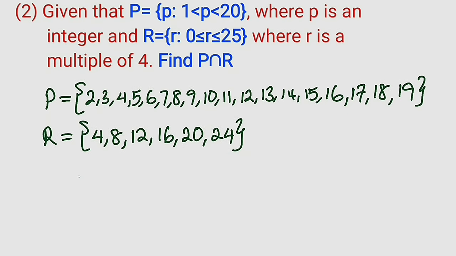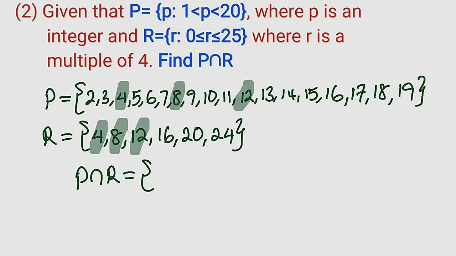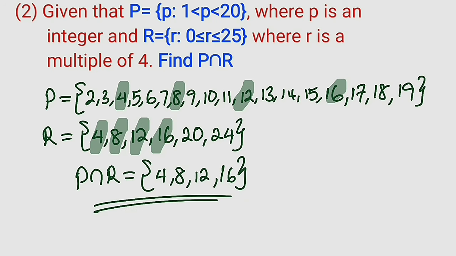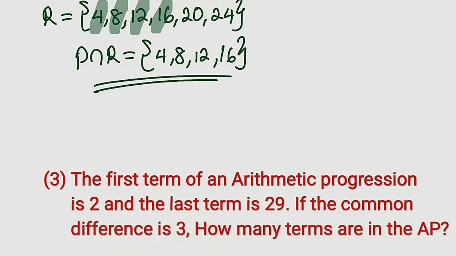So we want to find P intersection R. What does this mean? It means the set of elements that they have in common. They have 4 in common, 8 in common, 12 in common, 16 in common. I think that's all. So we're going to list down 4, 8, 12, and 16. And hence, this is the solution to this problem. Moving to question number 3,